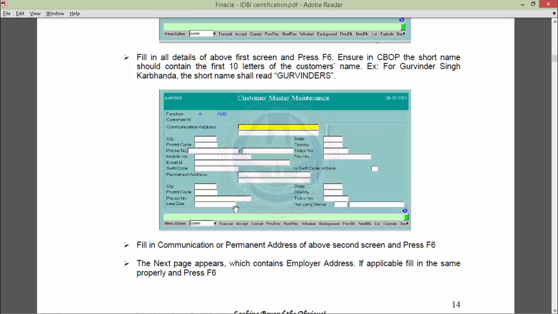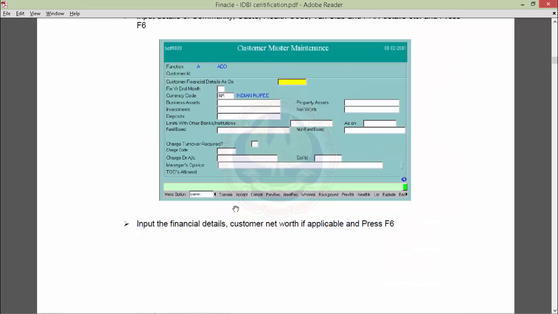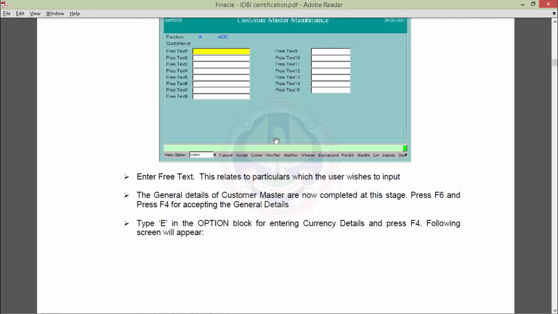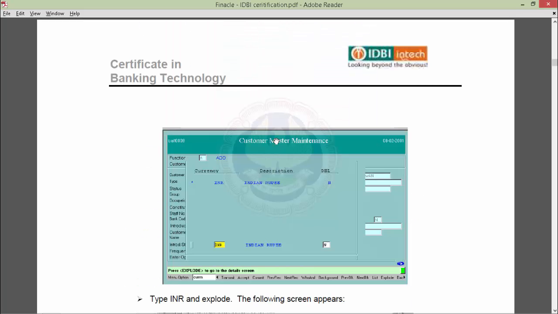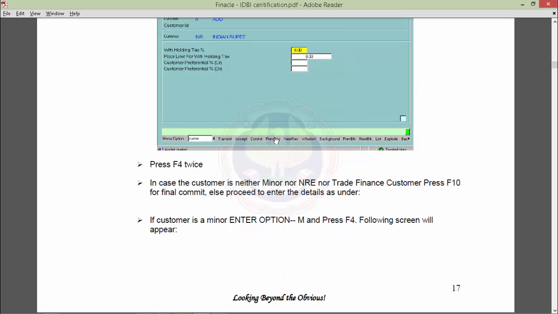Let's quickly run through the screens that are there for capturing. I will not be explaining each and every screen of it, but let's try to have a look at the amount of data that is captured by the CBS through these screens and its relevance in the financial statements. Now this is one more screen here, and it talks about customer field, the business activities, assets, development. It's trying to capture the financial statements of a particular borrower from the KYC point of view or for any other point of view. Now you have a text here, and then the customer master here, and then it's asking